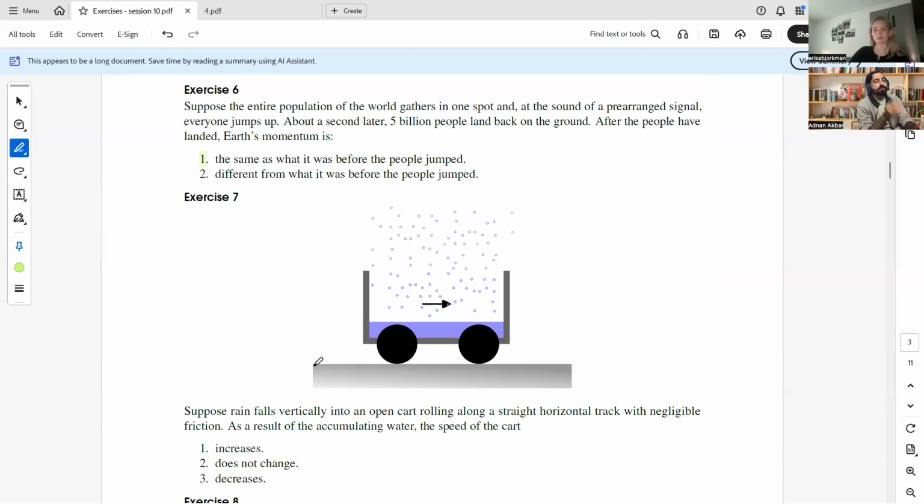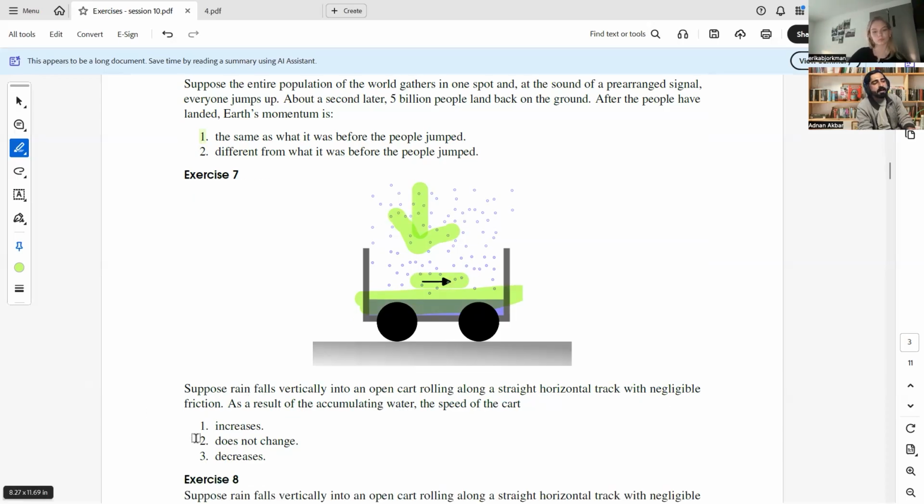Okay, here we have question number 7. In question 7, you can see there is a cart, and above the cart, raindrops are falling on the cart while the cart is moving in this direction. These raindrops are falling downward and filling the water in the space of the cart as shown in the diagram. Suppose the rain falls vertically into an open cart rolling along a straight horizontal track with negligible friction. As a result of the accumulating water, the speed of the car increases, does not change,